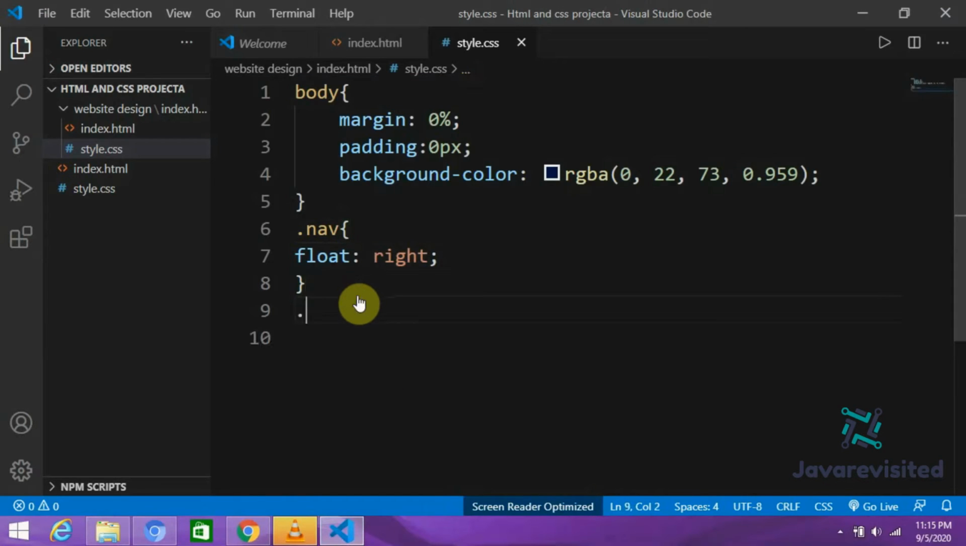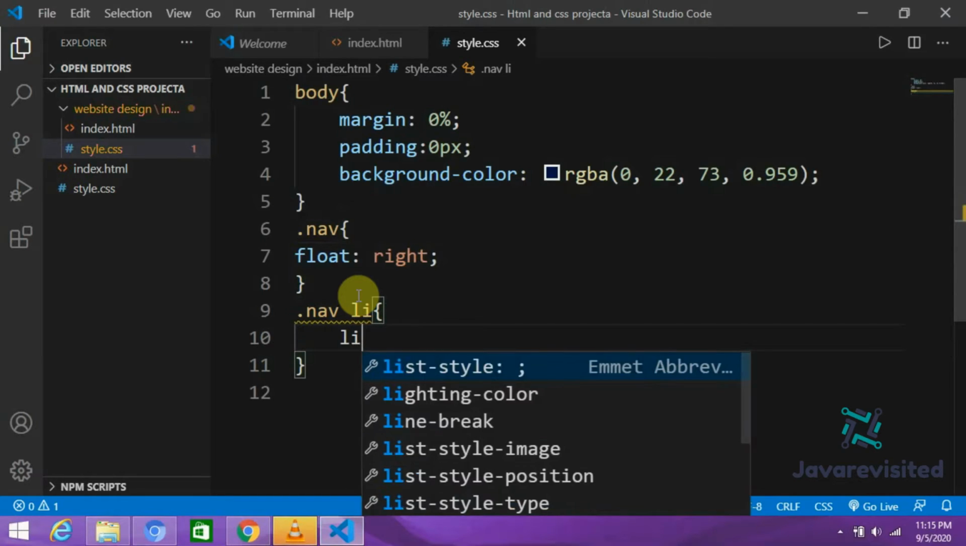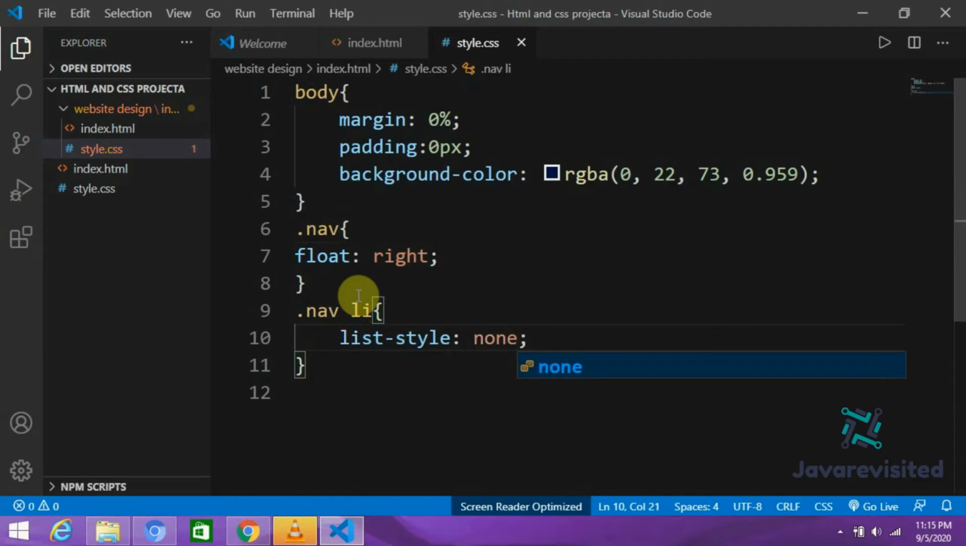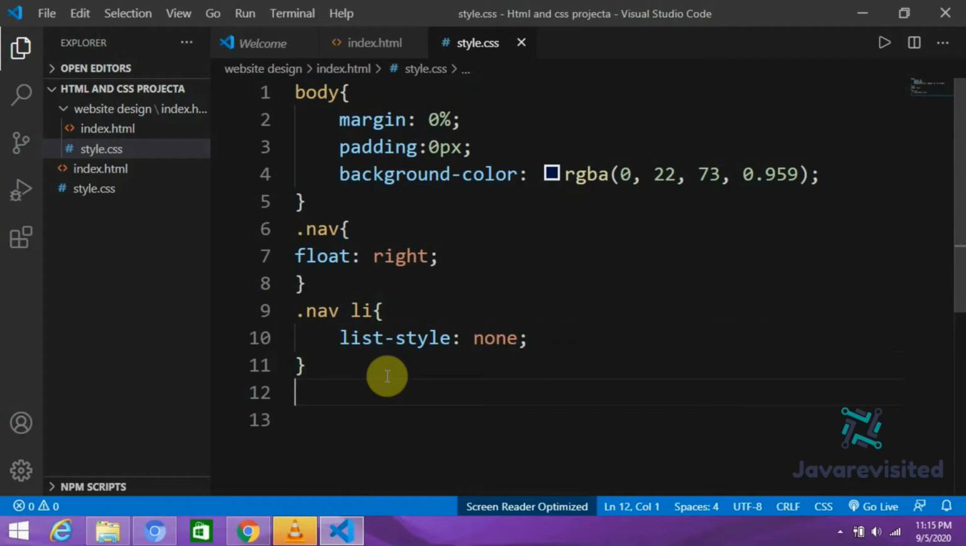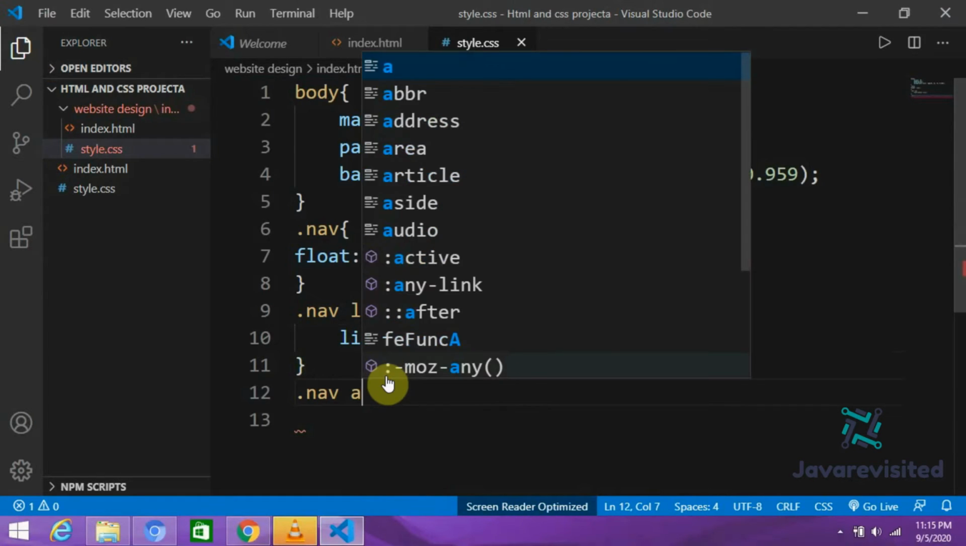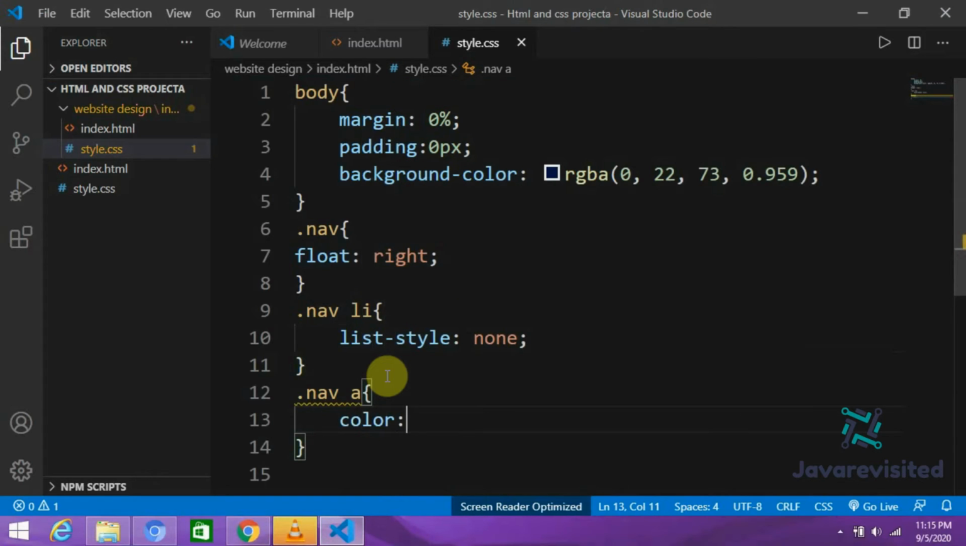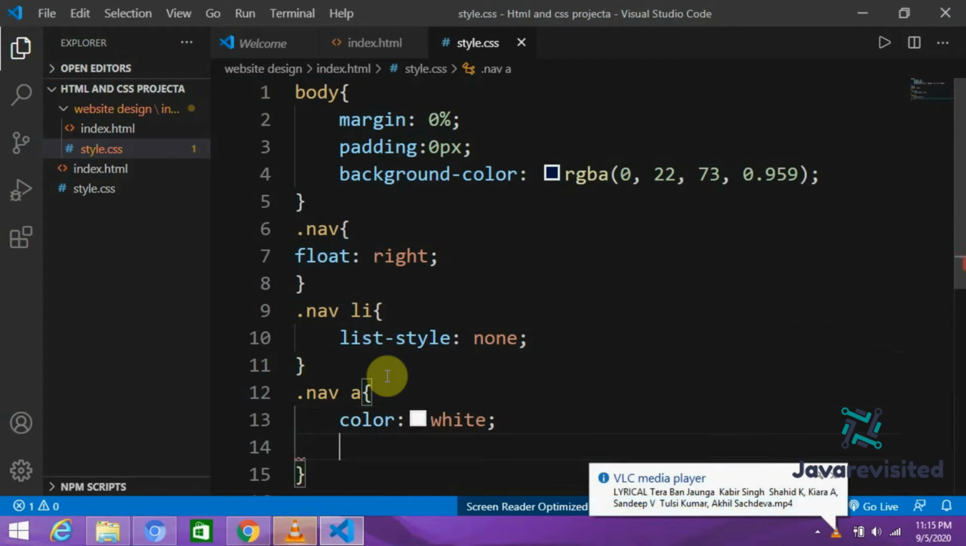So we have to make some changes in our css like nav, and we have to write li, and we will make some change in li, like list style will be none. Okay, now we are going to check. Okay, now our list style is none. Okay, now we have to write one more thing, that is nav li is our list. Okay, let me make it color white,